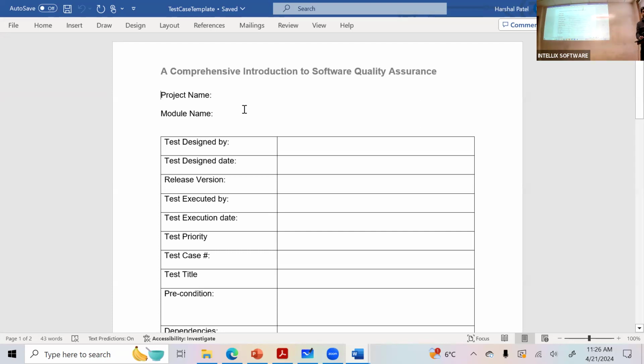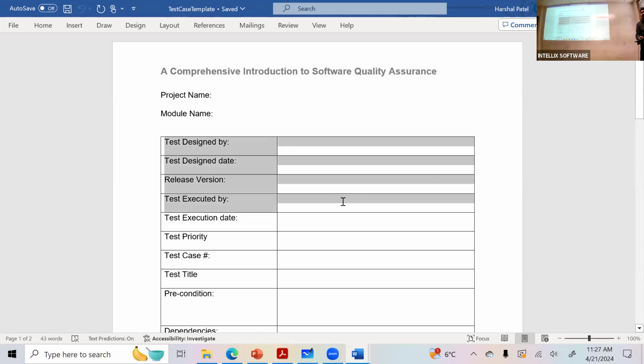Whenever you write test cases, you're going to have many of them. We talked about even just creating a user, we said there are 6 positive and 6 negative test cases, at least 12 test cases. So you need some mechanism to identify where this test case belongs and what exactly I'm trying to do. So you will always have things like a project name and a module name. Then you will have some information: who created this test case, when they created it, and what the priority is. Remember we talked about high, medium, low priorities?